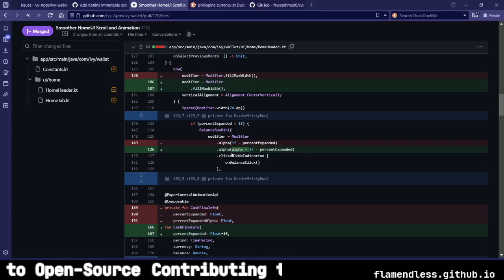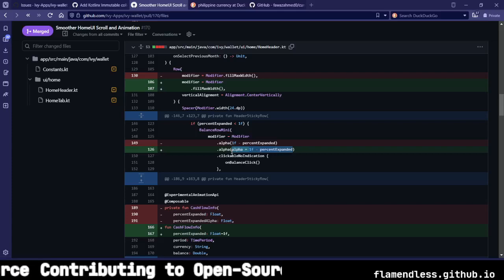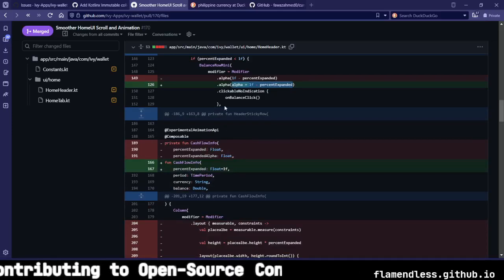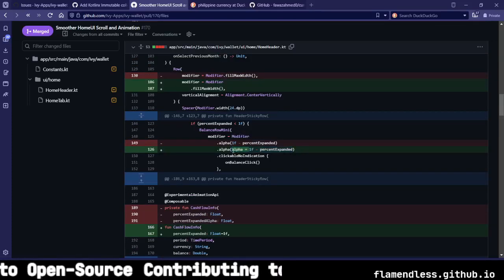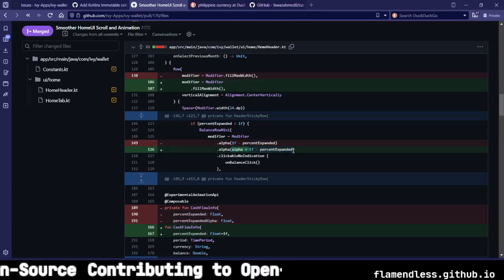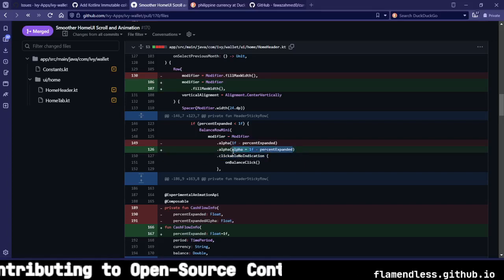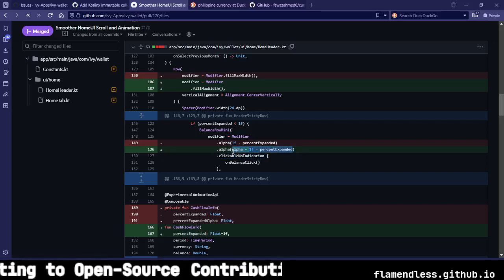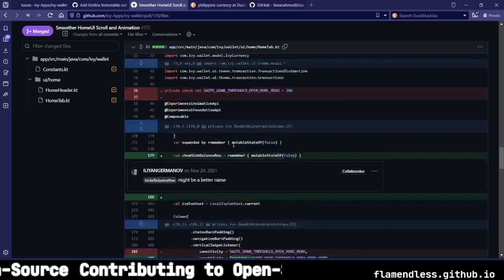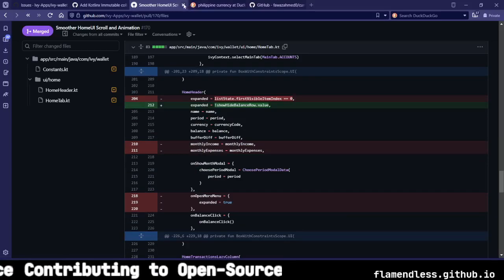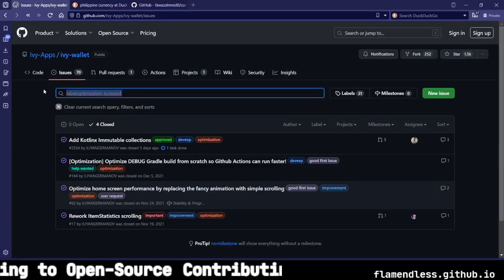Wait, wait, what? Wait, you can do this in Kotlin? Is this variable shadowing or is this a named function argument? Now I'm confused. Now I'm curious. Okay, this is not what we're looking for. Anyway,